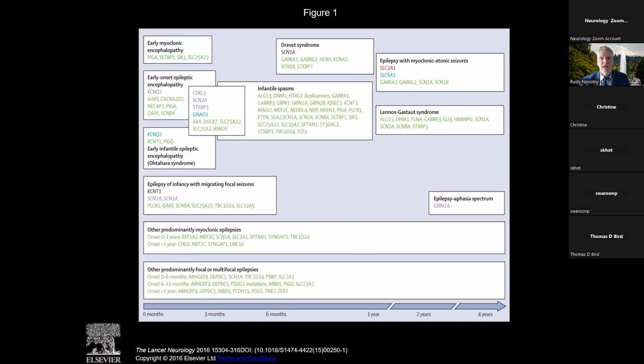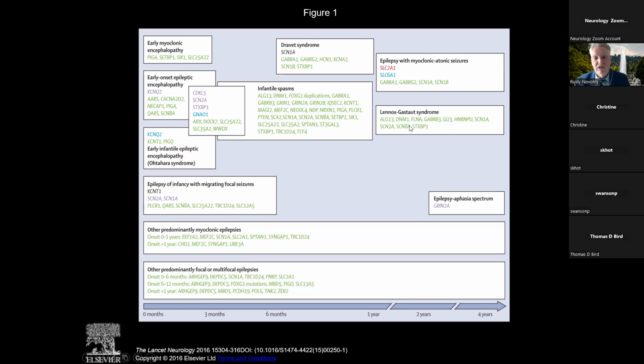Over the last couple of decades, we are now able to identify specific genes for many of these epilepsy syndromes. This is from a review about 5 years ago, or a little bit longer, of the more common genes that occur with some of these conditions. Dravet syndrome, as we know, is primarily SCN1A. Some of the early epileptic encephalopathies, such as Ohtahara syndrome, which I described in that first case, is often due to